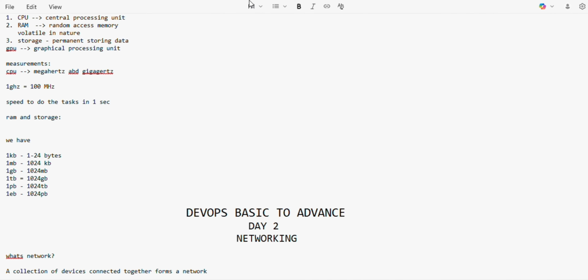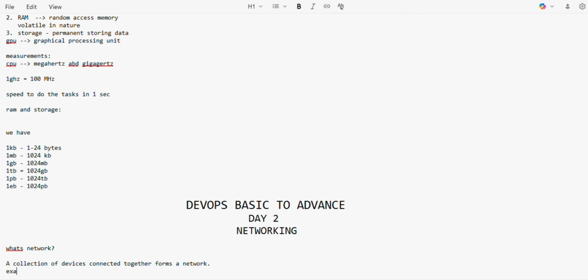Let's write the example here. Example: a Wi-Fi network connects your laptop, phone, and smart devices.